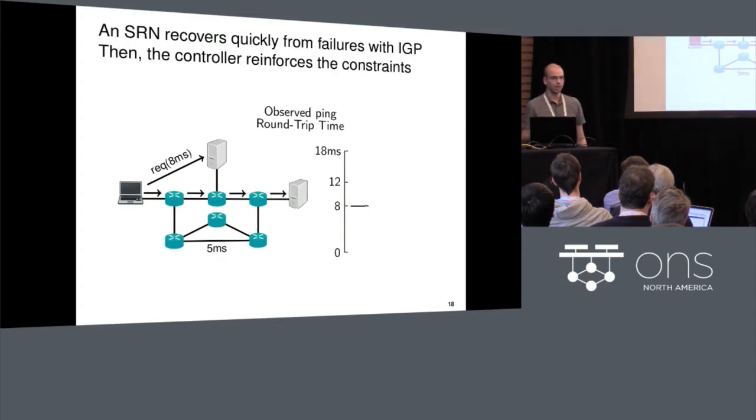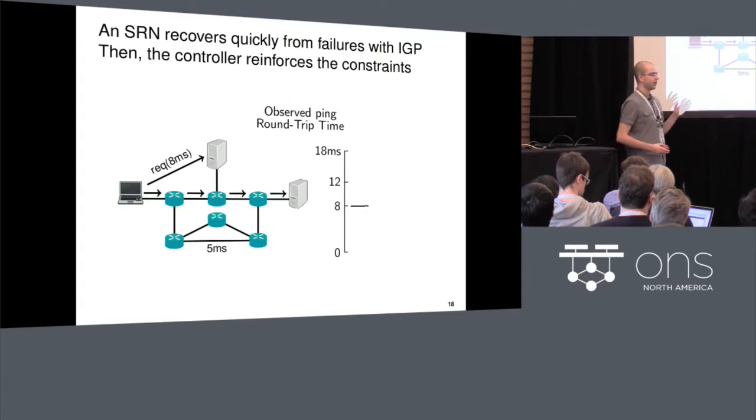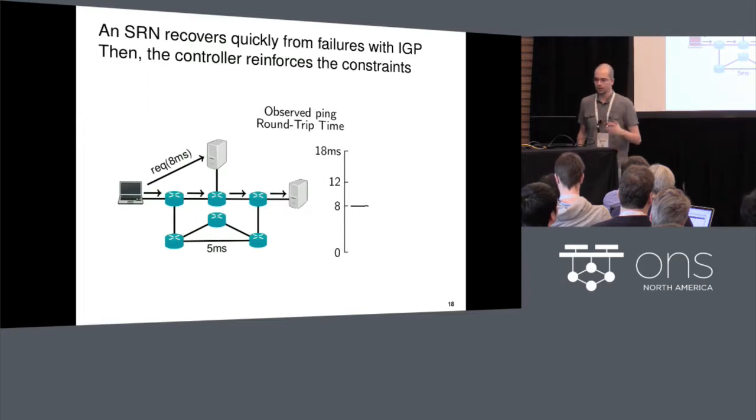The last experiment is about failure recovery. One of the advantages of this architecture is the use of IGP, because IGP is a distributed protocol that recovers fast from failures. And so